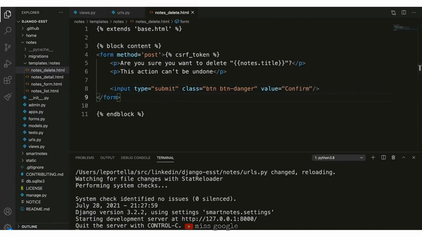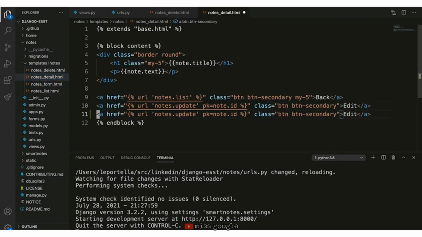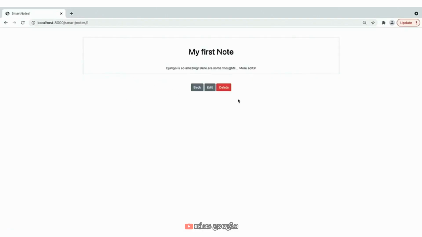Since we already have our template, we can go back to the details and add yet one more button here that will lead us to the delete. Let's make it red as well. Okay, it's time to try it out. Let's go back to one particular note. Now we have the delete button, and if we click here,